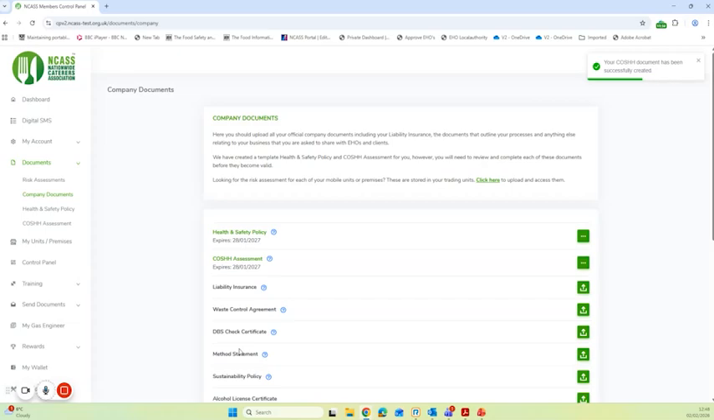Okay, it's taken us back to the company documents page now, where you will see your COSH assessment under any other completed policies or documents that have been added here. It's worth noting that the COSH assessment will be saved here if you ever need to retrieve it or print more copies of it. I'm going to open it up now so you can see the format. So if we come over here and click download,